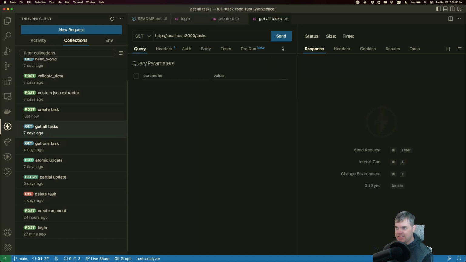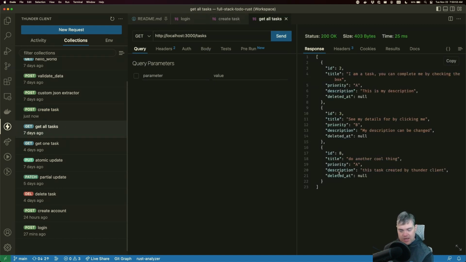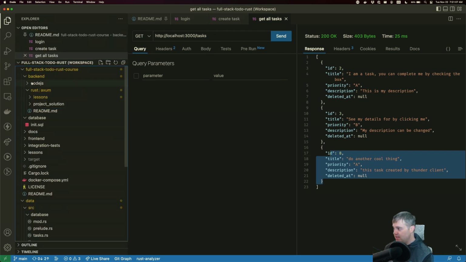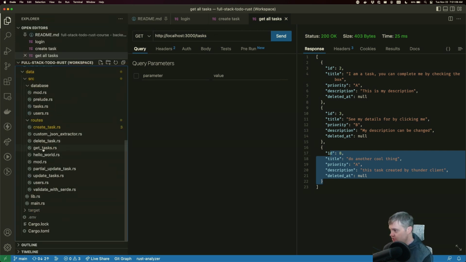If we get all tasks, we don't actually know anything about this. This is just "do another cool thing" that's just been created right now. Let's see about doing some authentication for us. So we know it's coming in under the headers for authorization. Let's head into create